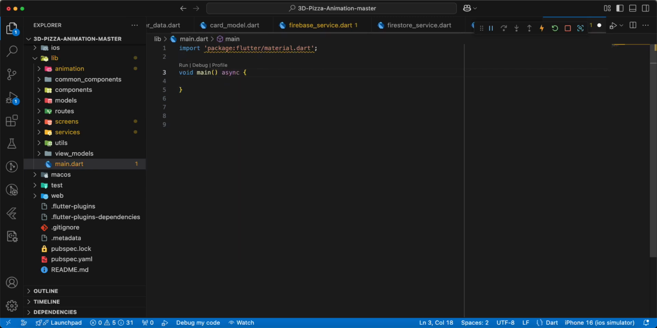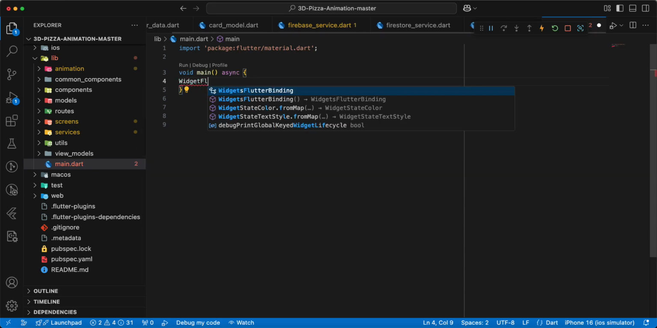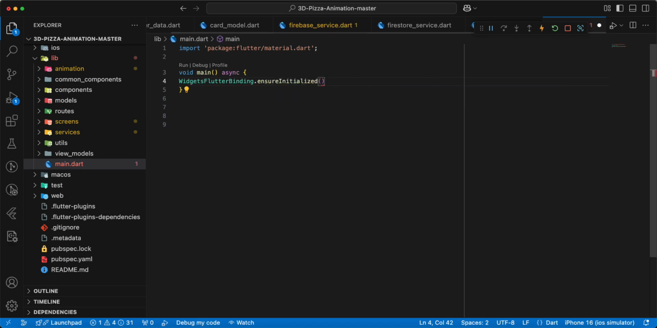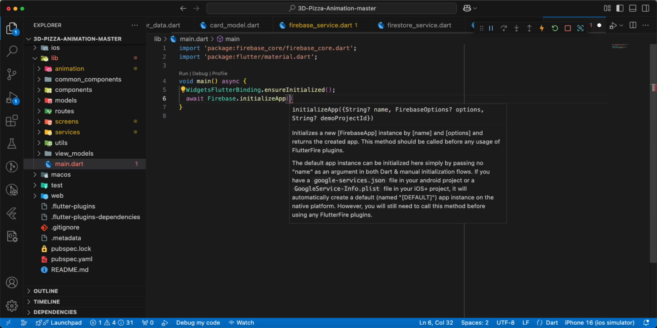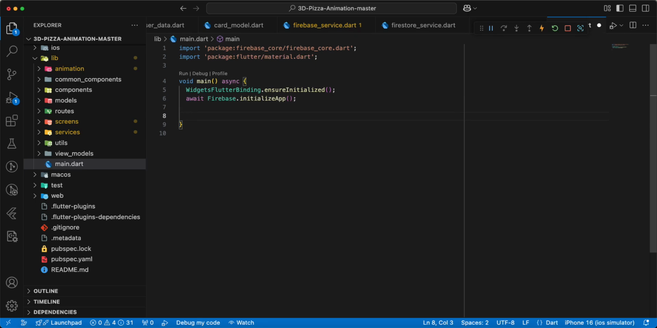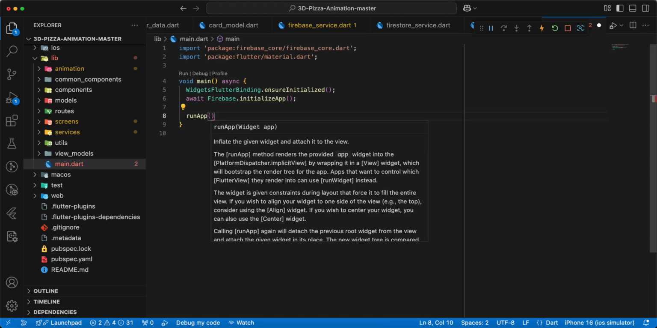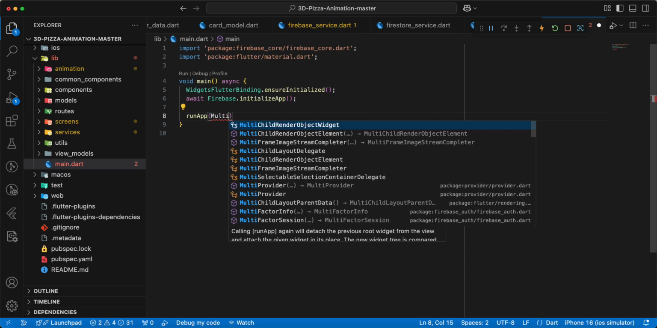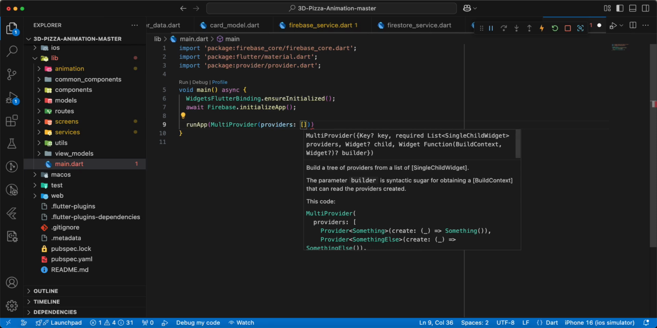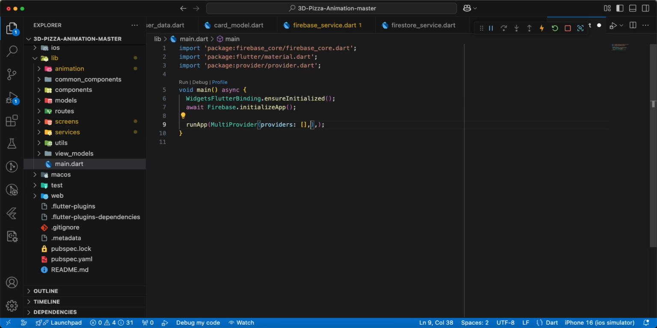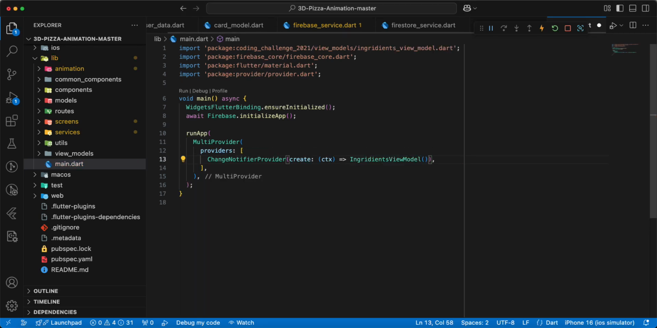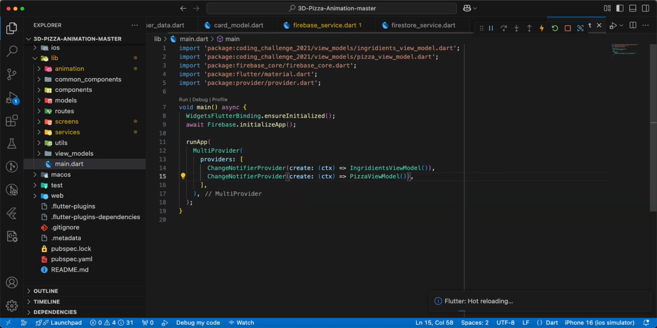And we write async, then we add WidgetsFlutterBinding.ensureInitialized, write await, write Firebase.initializeApp, save, then we add runApp, MultiProvider, add providers, add IngredientsViewModel, add import, then we add PizzaViewModel, then we add UserDataProvider,